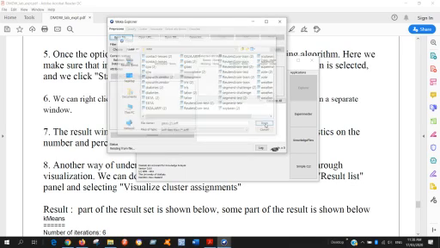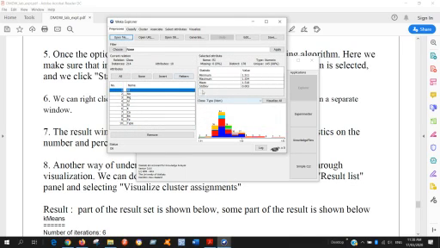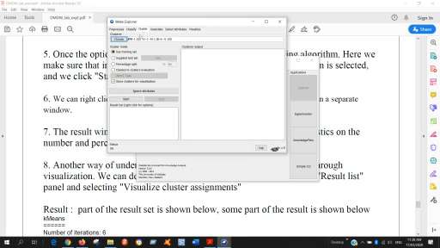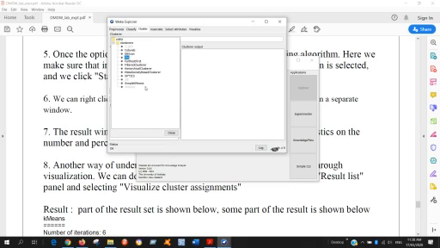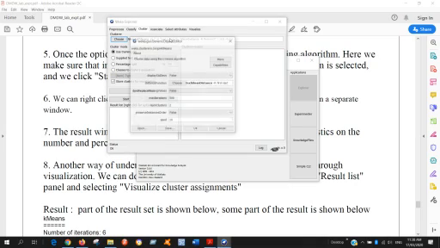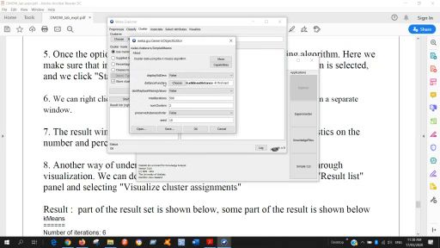Open. After opening the file, go to cluster, because the K means clustering algorithm is our program. Choose simple K means. If you want to change the number of clusters, how many clusters you want to display?